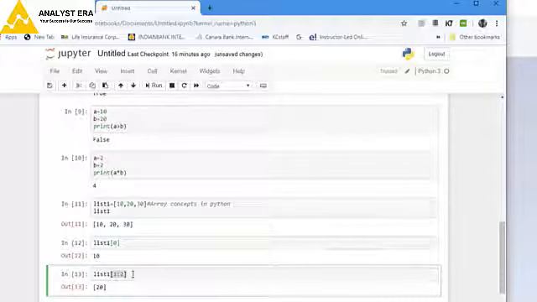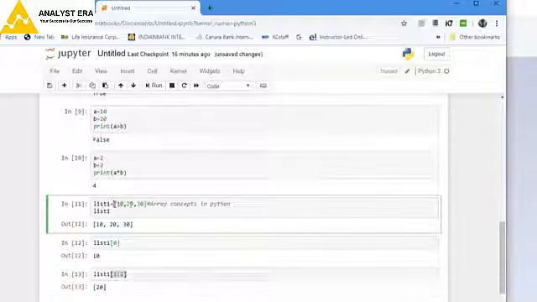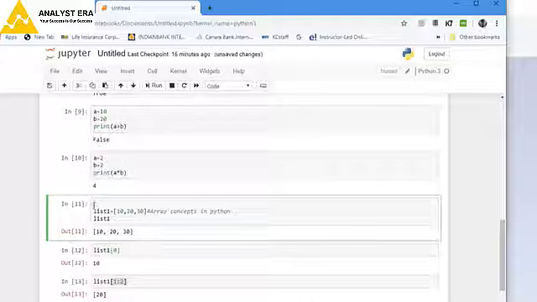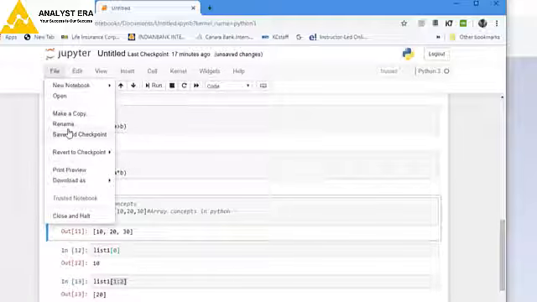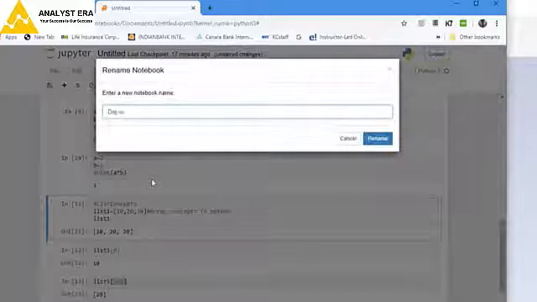This is slicing, the concept we call slicing. More than one value is handled in the list concept. Python does not have an array concept, but we can use a sequence of data with the help of the list concept. This is the list concept. In Python we can use the list concept. Now I can save that program as demo 1.